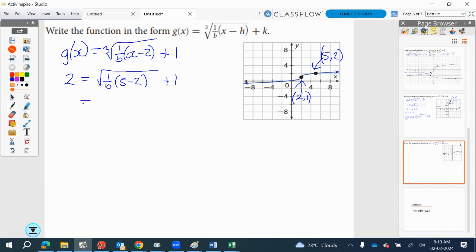Okay, let's see where it leads us. We've got 3 over b cube rooted plus 1 equals 1. That would be easy. There we go. Well, let's cube both sides. We cube both sides, we get 3 over b equals 1, times b up here, so we get b equals 3. g of x is equal to